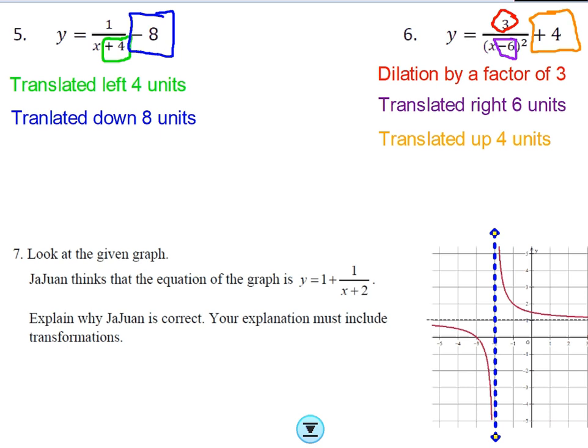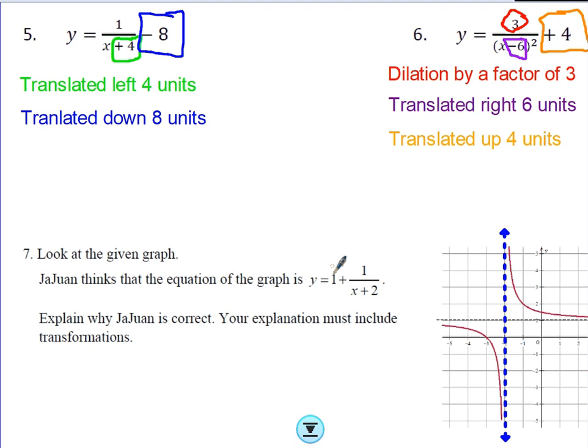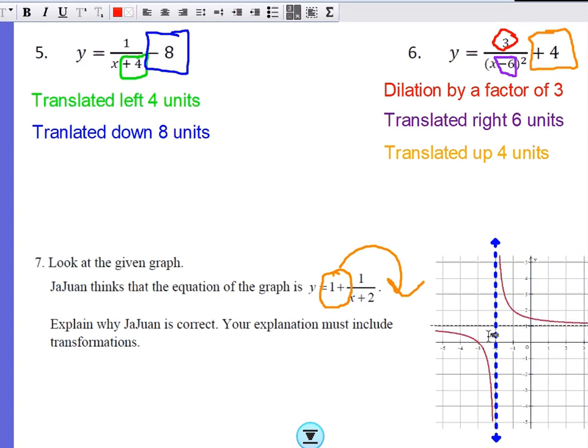The other thing that's a little bit strange is that we have this 1 here at the front, but it's the same thing as having it in the back. It doesn't matter where that goes. And so the key things here are that you have a horizontal asymptote at y equals 1, a vertical asymptote at x equals -2. And so the question is, is that the equation that you're going to have? And the answer is yes. So Jawan is correct